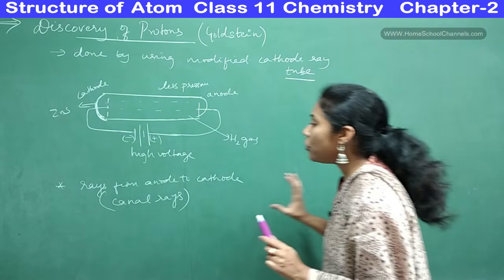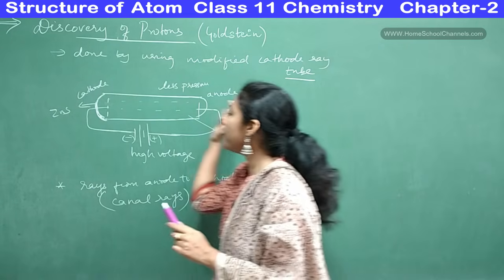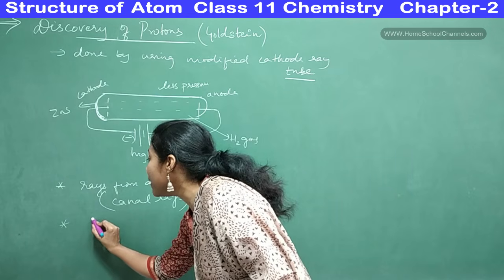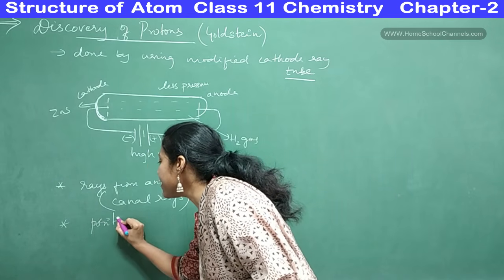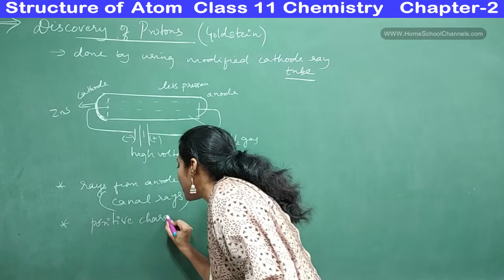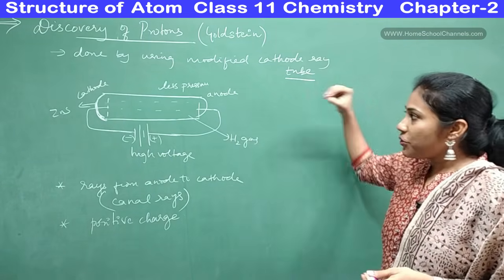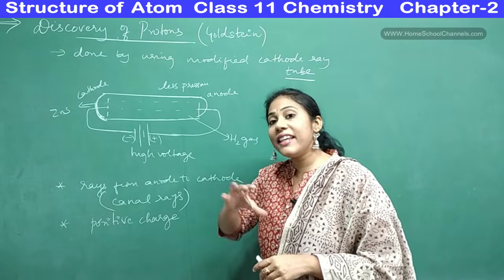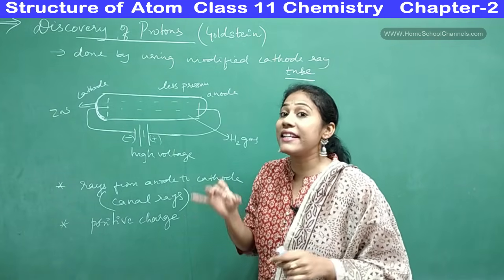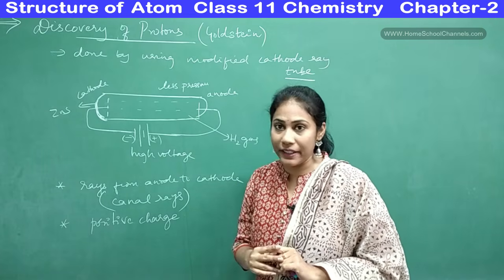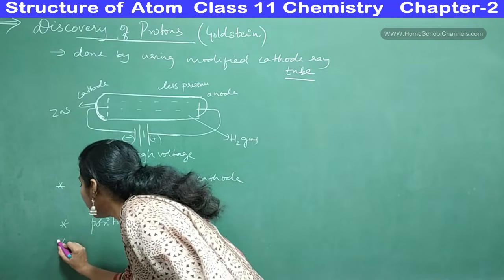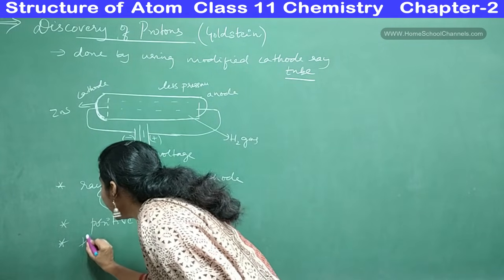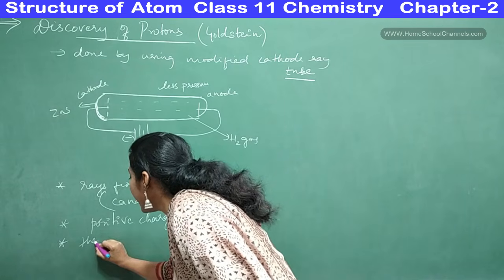Fine. So they observed the rays passing from anode to cathode, and they also observed that these rays had positive charge. Because when electric and magnetic fields were applied, these rays deviated towards the negative side. How did they come to know that they are positive in nature? Because these rays, let me write it neatly,